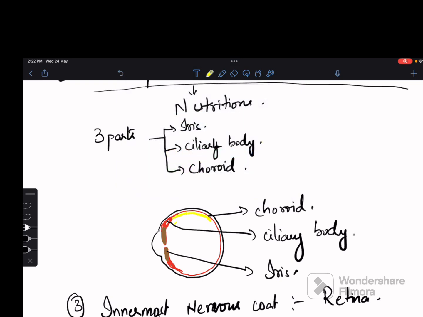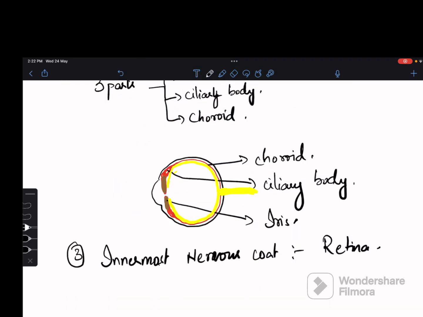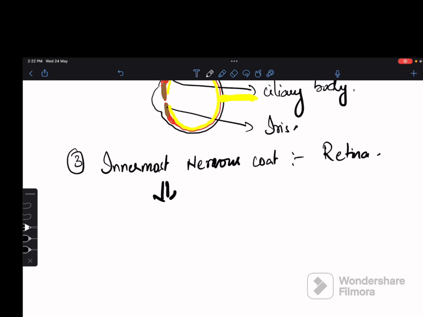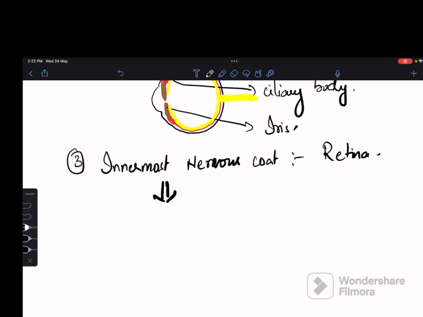So this is your innermost retinal layer. It continues behind as your optic nerve, right? Now retina has 2 layers. One is the muscle. Okay. Now what is the function of this innermost nervous coat? It is concerned with